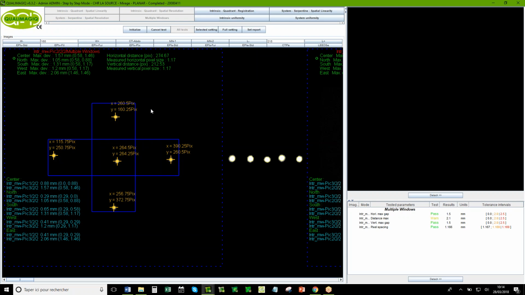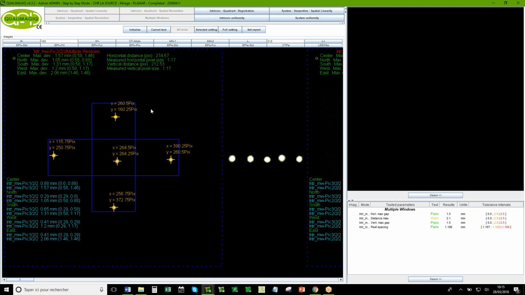And after they only put, comment on dit une goutte, Margit? A drop of the source in the 5 locations. Yeah. Okay. So, the diameter of the hole, is it something important for the test?